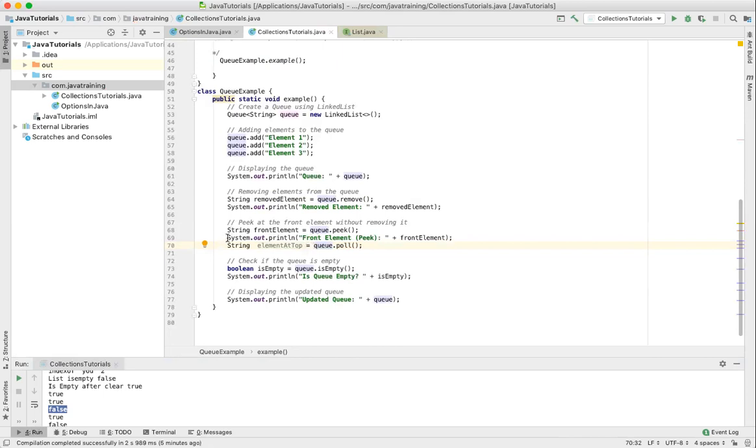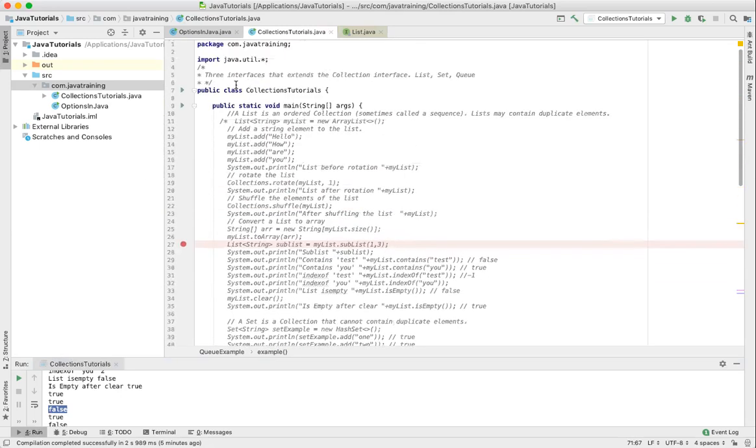So it will be the same element, the front element. So if we do this here, it will be the same. Let's see it in action. If we run this now,